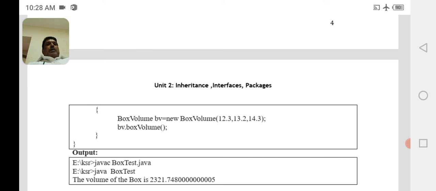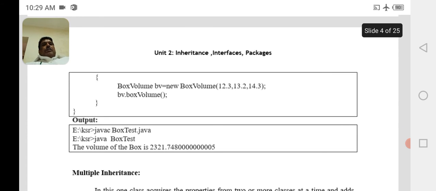So when we call the method present in class B with this object reference variable, bv.boxVolume, after executing we will get the volume of the box, the product of those values given in this constructor.